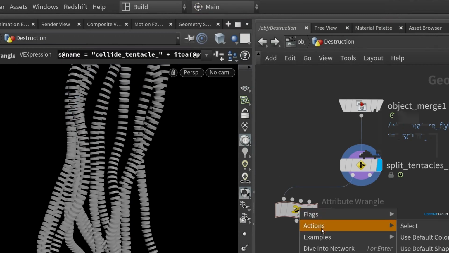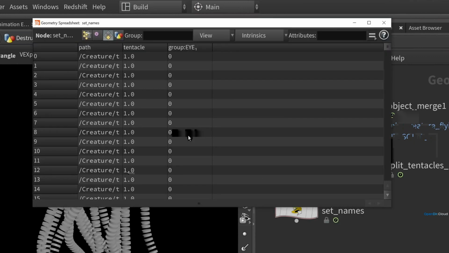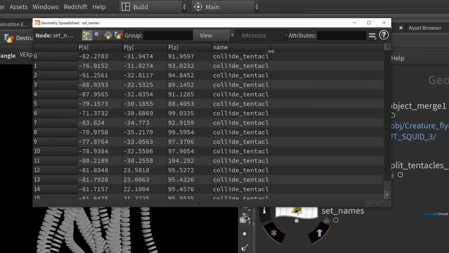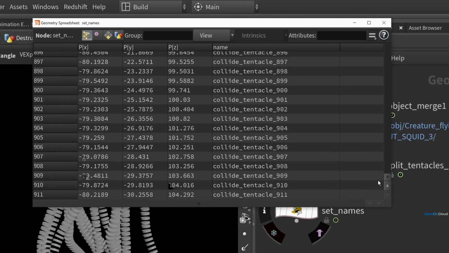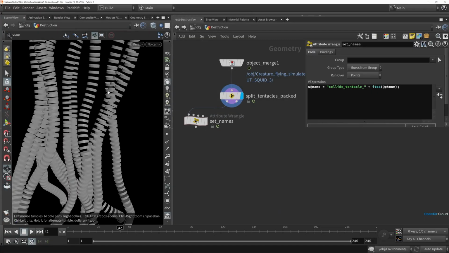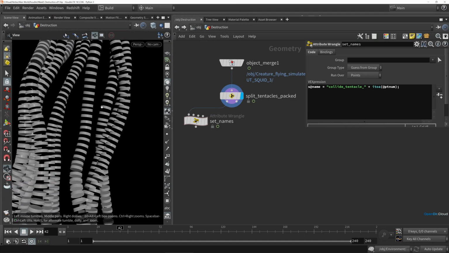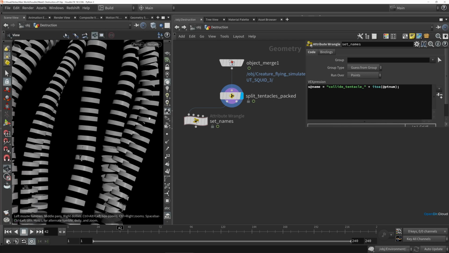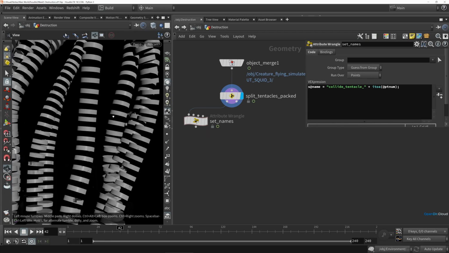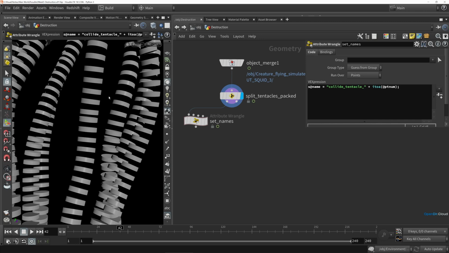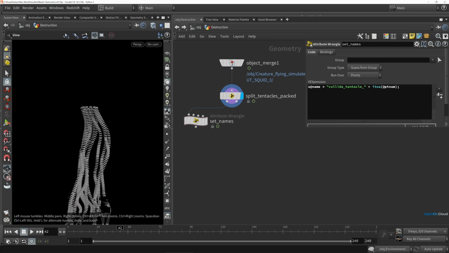And now if we look at the geometry spreadsheet for these tentacle pieces, look at the point attributes here. Now you can see that each one of these packed objects has a unique collide tentacle name. Now I'm going to start by just using these ridges as colliders without worrying too much about the tubes in between them. I mentioned earlier that in a chaotic destruction shot, you don't necessarily need to have perfect collisions. It looks like some of the gaps in here might be a little bit too large, and this might be somewhat problematic. But for the moment, I'm just going to leave it like this,